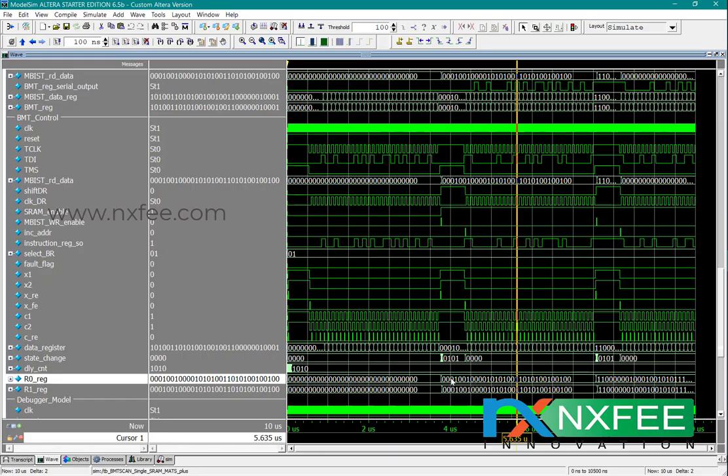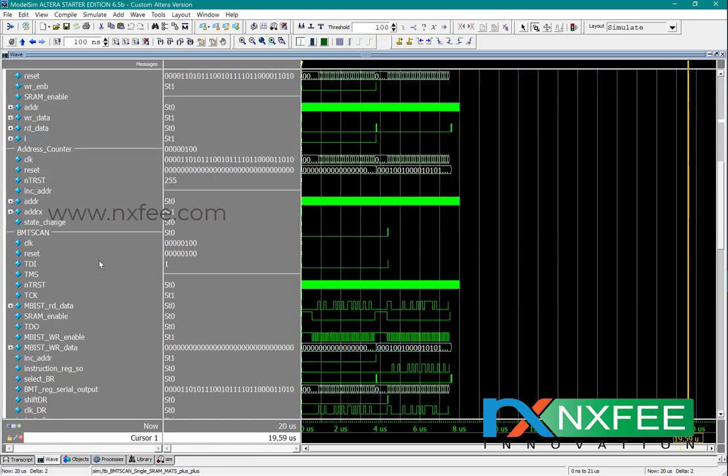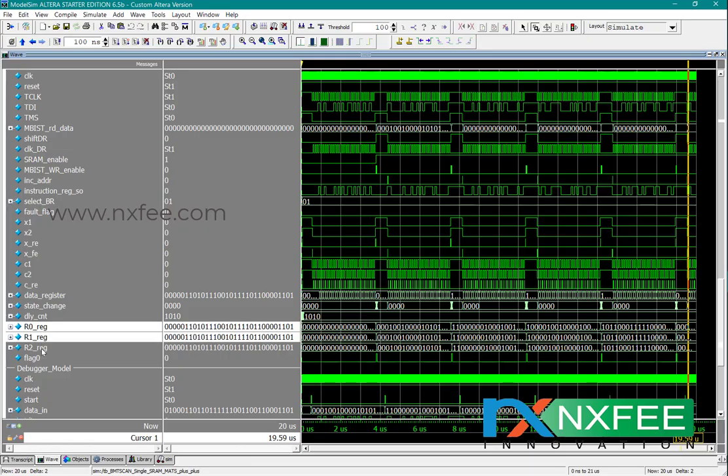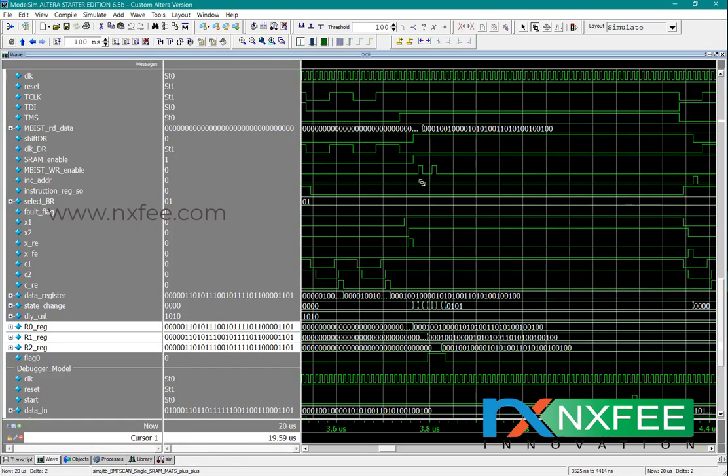So this one uses R0 and R1, two registers, for testing. And MATS plus plus uses three registers: R0, R1 and R2. The same method is handled. Here there are two writing operations and two reading operations, and as per that we control the